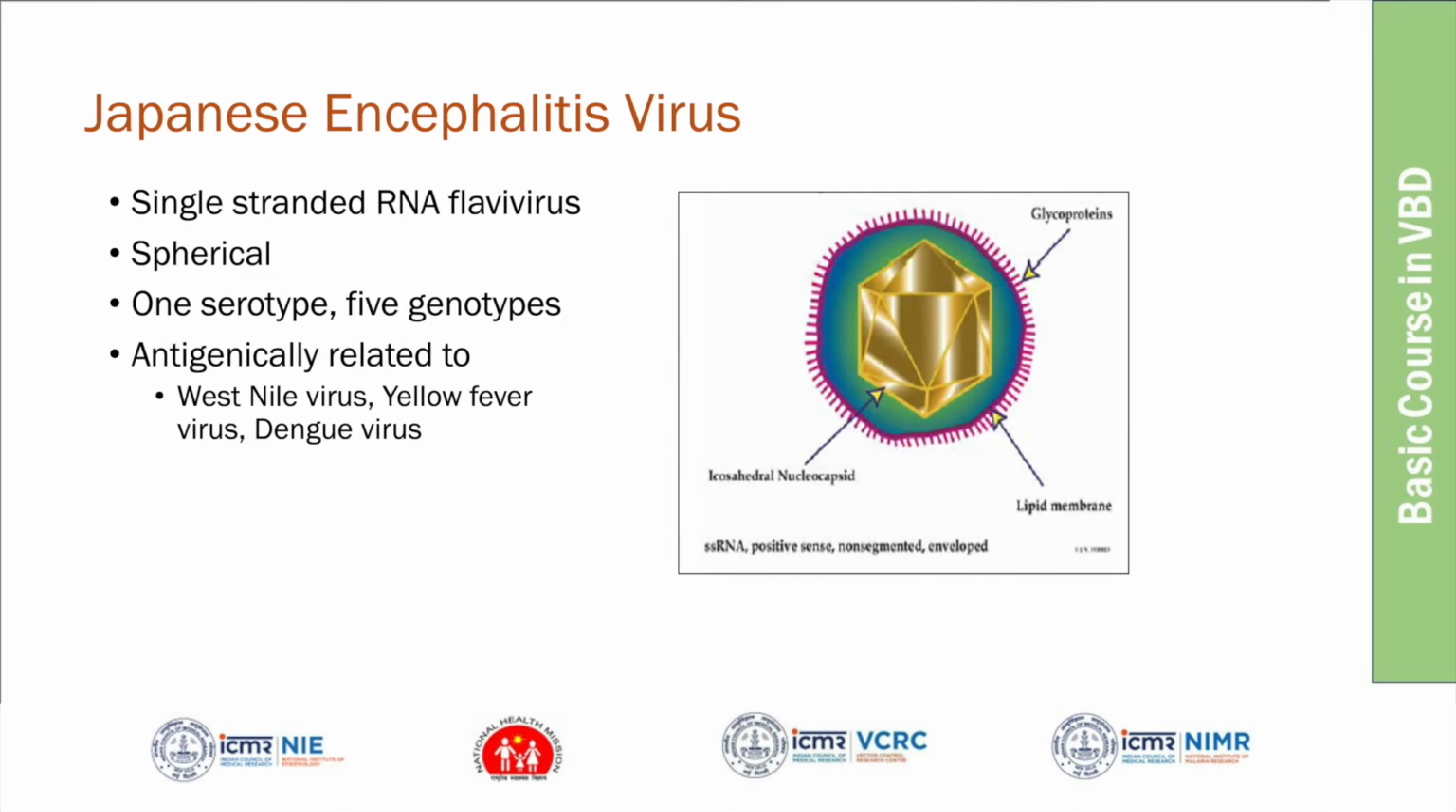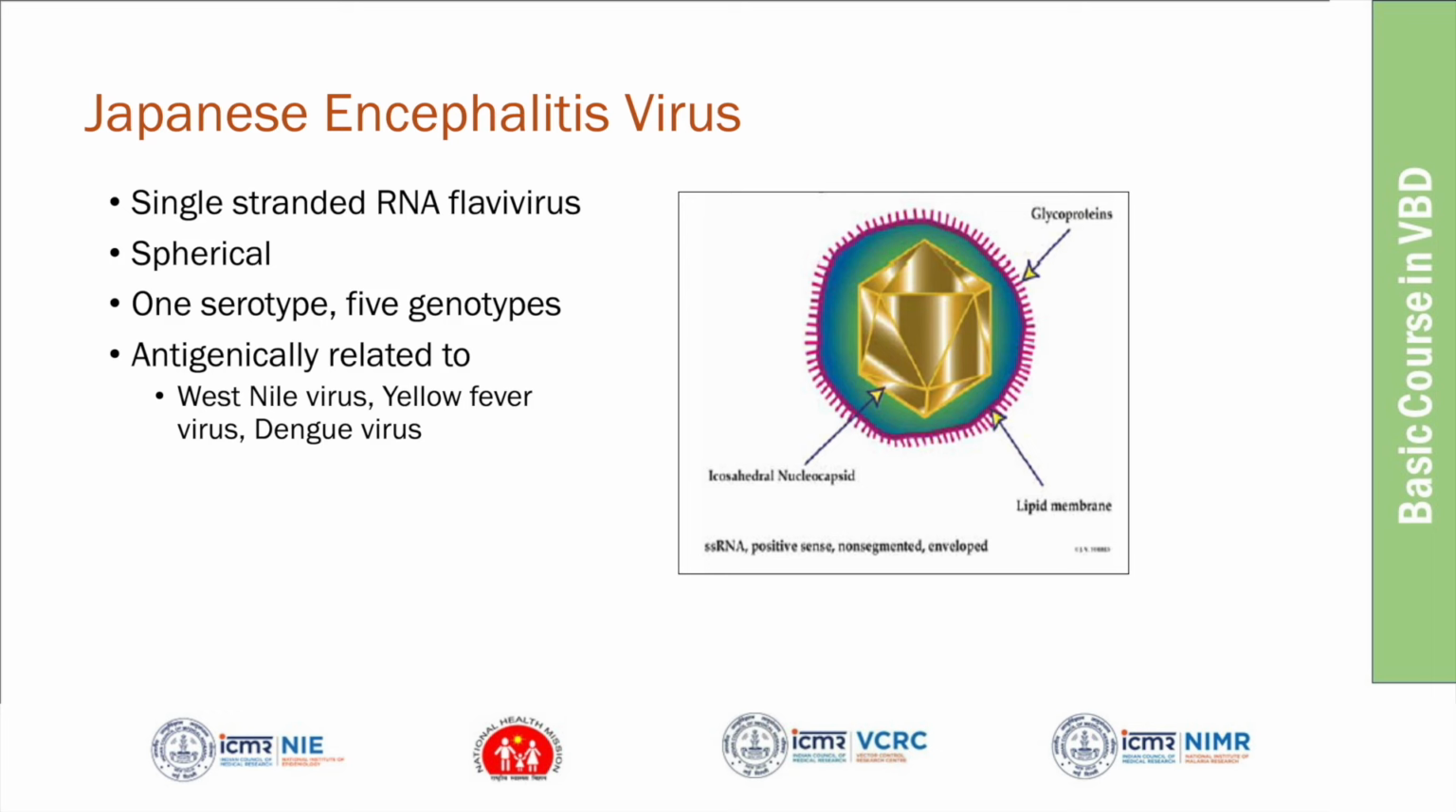Next, on the Japanese encephalitis virus. It is a single-stranded RNA flavivirus. It belongs to the genus Flavivirus and the family Flaviviridae. It is spherical in shape. If you take a cross-sectional cut and look at the structure, we have an outer envelope and an inner nucleocapsid. The outer envelope has a lipid membrane and glycoprotein, and inner to it is the nucleocapsid containing the viral genome. Till date, we have only one serotype, but 5 genotypes have been identified: G1, G2,